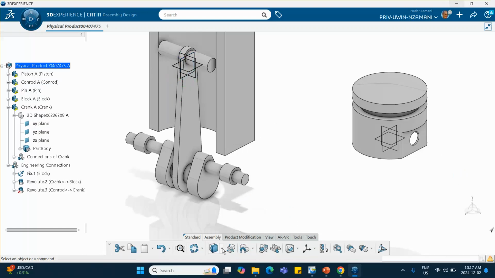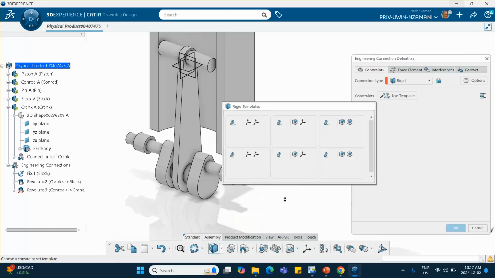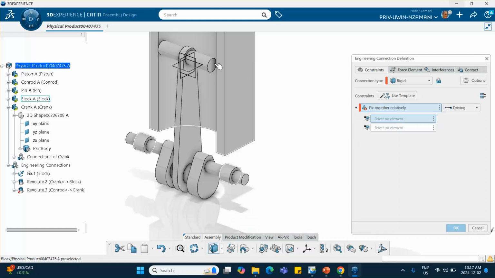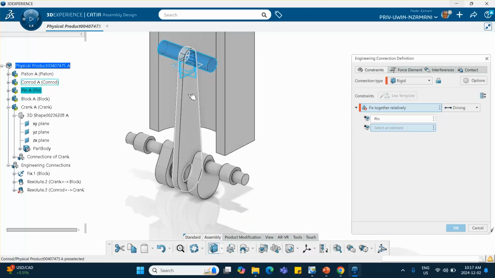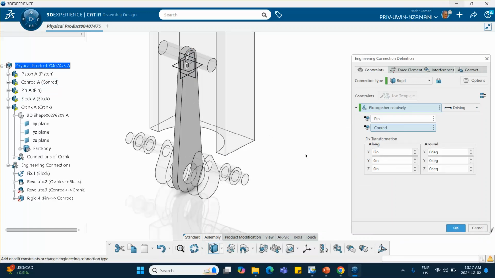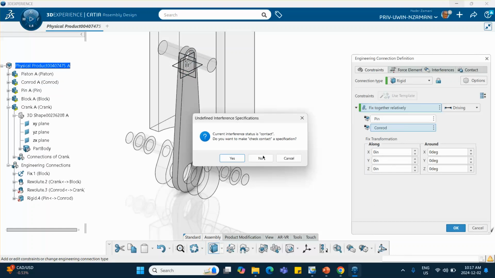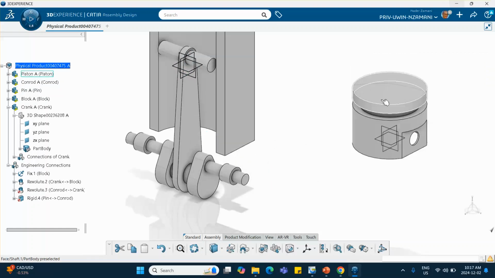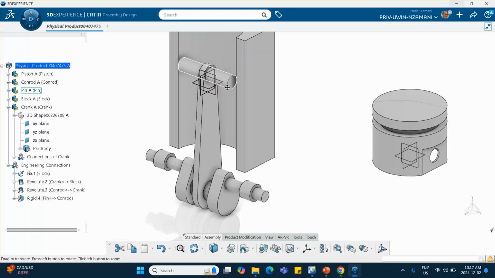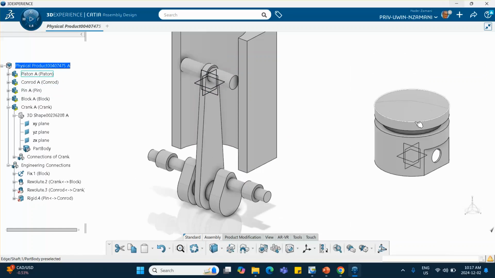Okay, so create a rigid between this and the, well, I can use this feature between this and the, sure, the Conrad. Finally, I'm going to put the piston inside of that. So the piston